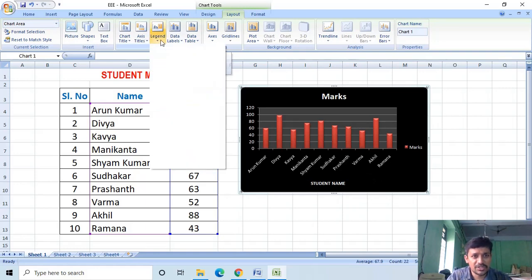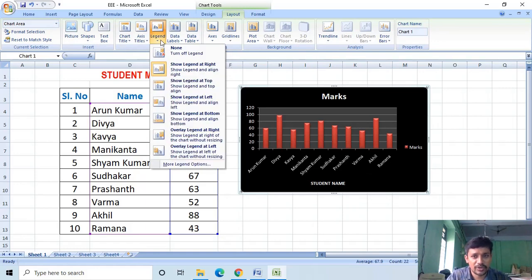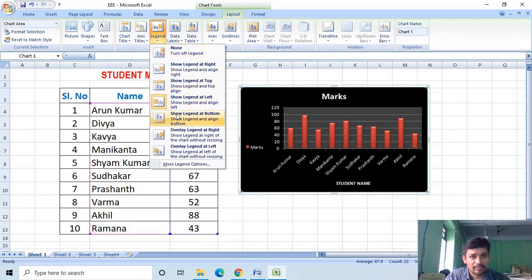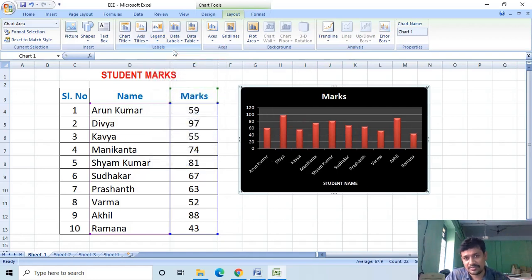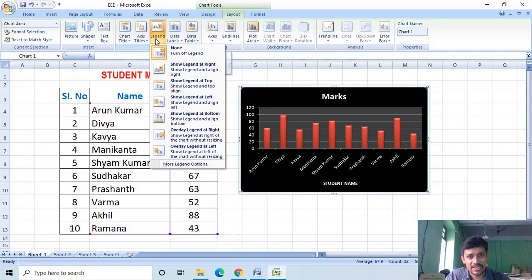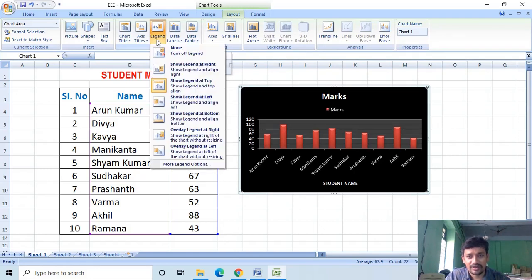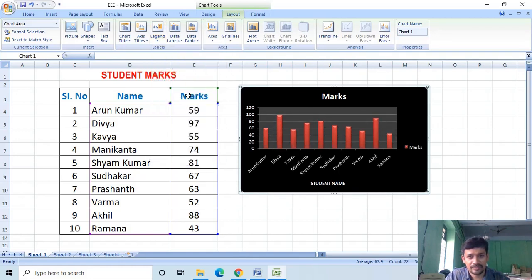By using the Legend button, you can display the legend. You can display the legend on the left side, right side, top of the chart or below the chart, or else you can choose not to display the legend. You must display the legends, then only everyone can understand what is there in your chart. This is the legend on the right side.